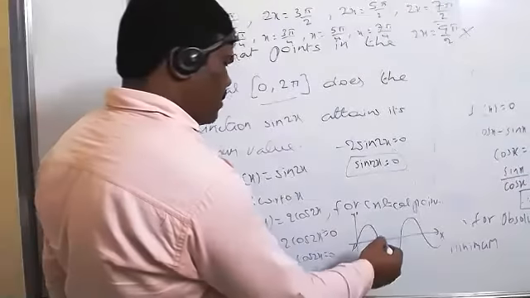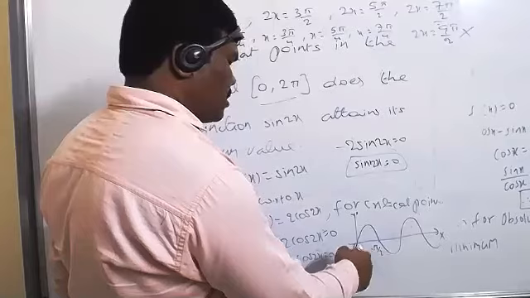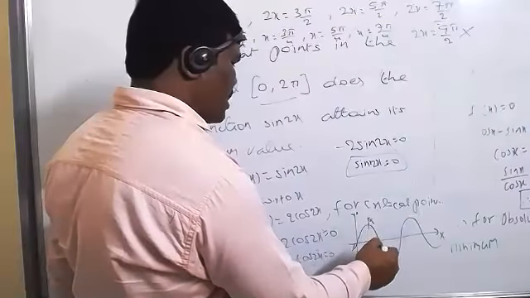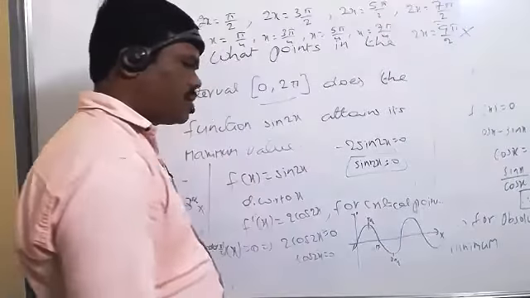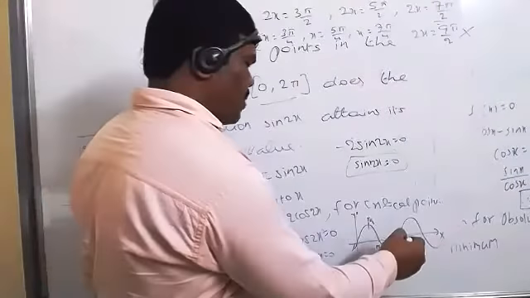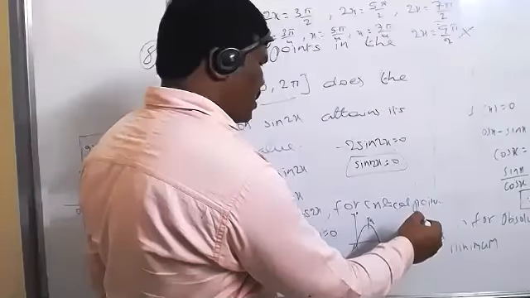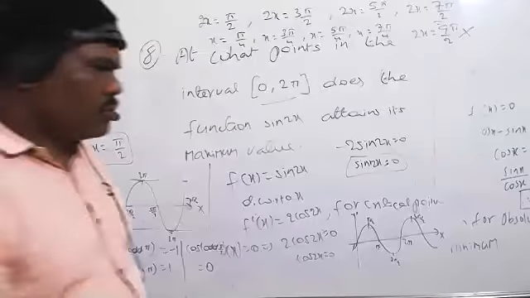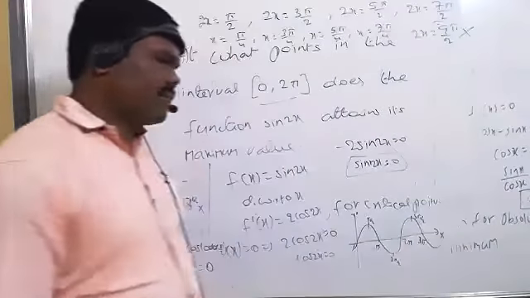Anyhow, this is the pi. This is the pi by 2 value. Sorry, this is the pi by 2. This is the pi only. This is 3 pi by 2 now. Am I correct? And plus pi means this is the 2 pi. Whatever this value, 5 pi by 2, no? 5 pi by 2. This is clearly we got now 3 pi. So on you can take.